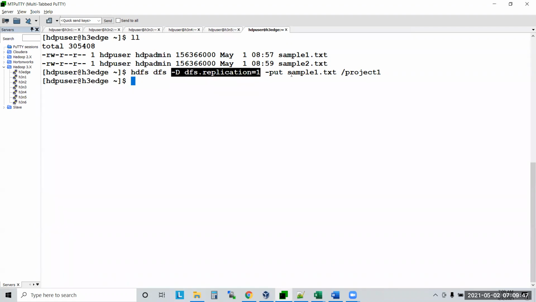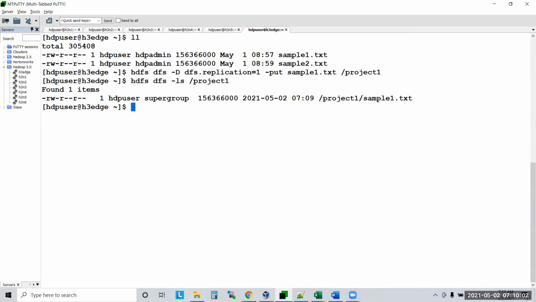Yes or no? And put sample1.txt under which directory? Under project1 directory. Now let us see whether it is copied or not. hdfs dfs -ls project1. This should show me the file under this one. sample1.txt is available. Correct or not?